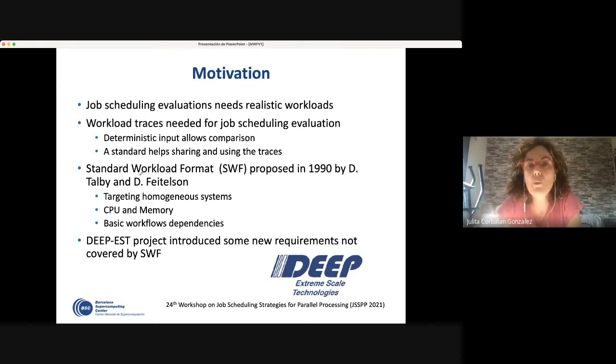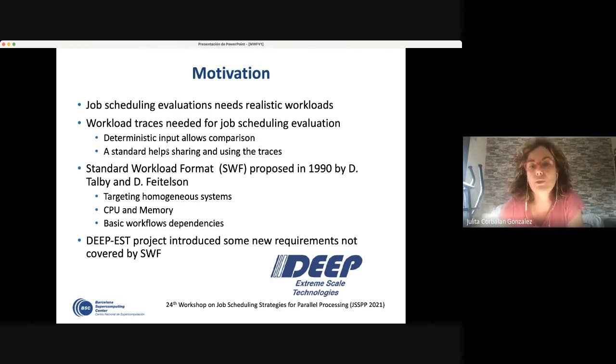So independently of the way we use for simulation, we need realistic. Maybe I should put realistic in red, because after the talk from Dror, it's not so clear what realistic means. But independently of whether it's based on models or traces, we need something for job scheduling evaluation, more static, more dynamic. I have been using workload traces and also models for 20 years, okay? For me, the good thing of using traces generated by a model or from a supercomputing center is that they allow a deterministic input that is then easy to compare. Not sure if 100% realistic, but easy to compare, okay?